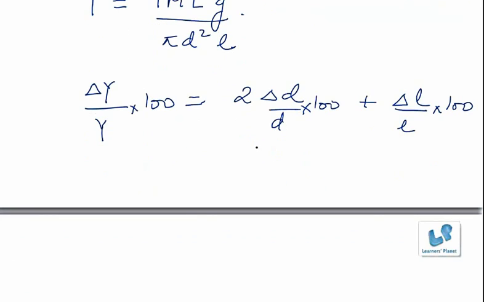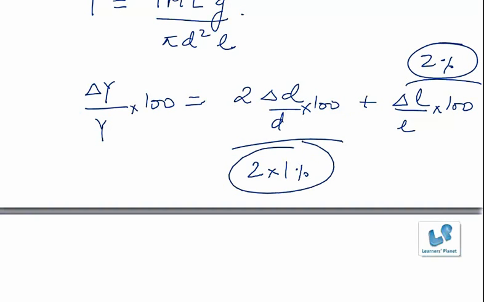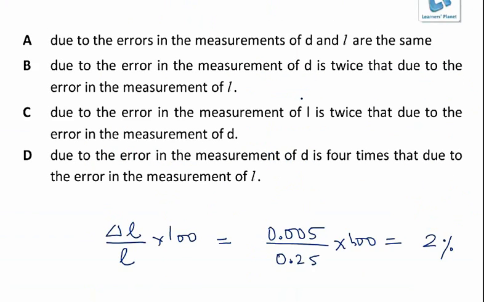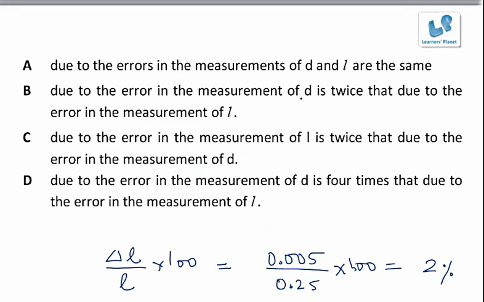Okay, so if we take the contribution of the error in diameter, that will be equal to 2 into 1%. Similarly, in the case of length, it is already 2%. So the contribution of error is 2% in both the cases. So from the 4 options that are given, it is safe to say the errors are due to the measurement of d and l. Okay, so option A is